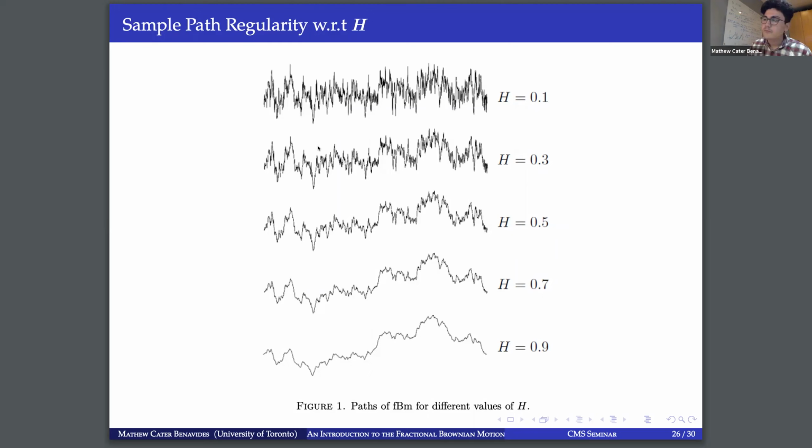And if we look at larger values of h, we're getting persistence, i.e. whatever you were doing in the past is going to be repeated in some sense. And so you can get trend-like behavior for h greater than a half. So you can see here, if you start thinking of it on a modeling level, what tweaking these values of h could be useful for. If you're taking these small values of h and you want to model something and call it centered Gaussian, and you want it to have self-similarity, stationarity of increments, as well as continuous paths,